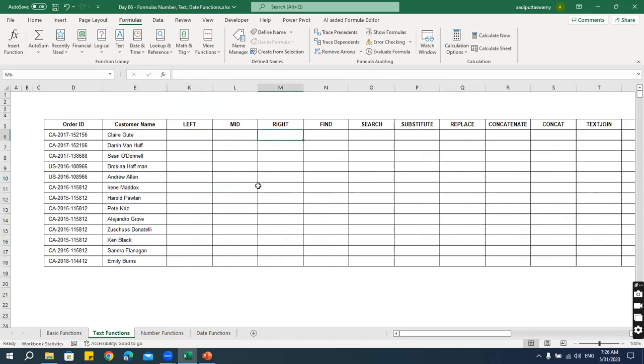Left, mid, right. This is used to extract the data. When I say extract, say for example, I'll go here, say equals LEFT of. Left is a function which will get me the characters from the left side. Here I'll select this, comma, 2. You can see that from this order ID, I need the first 2 characters. I'll say enter, and if I just copy this down, you can see I get the first 2 characters in this